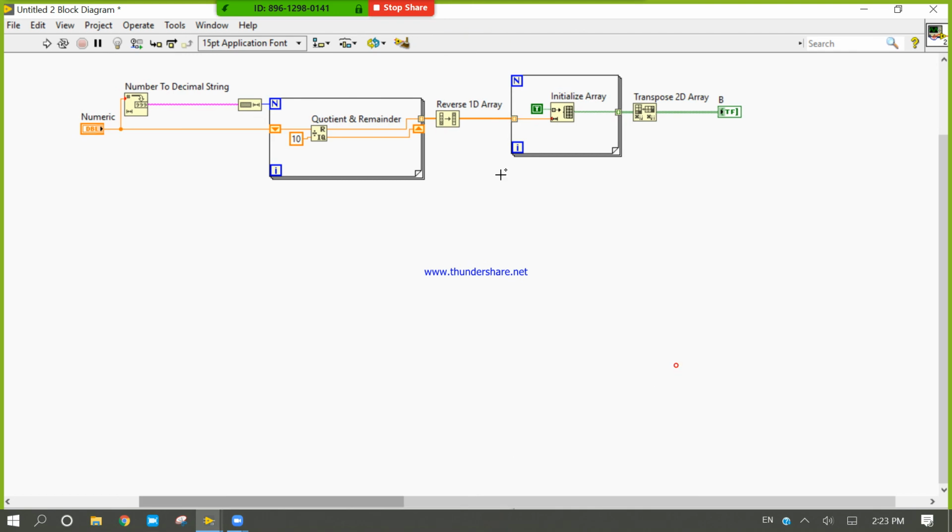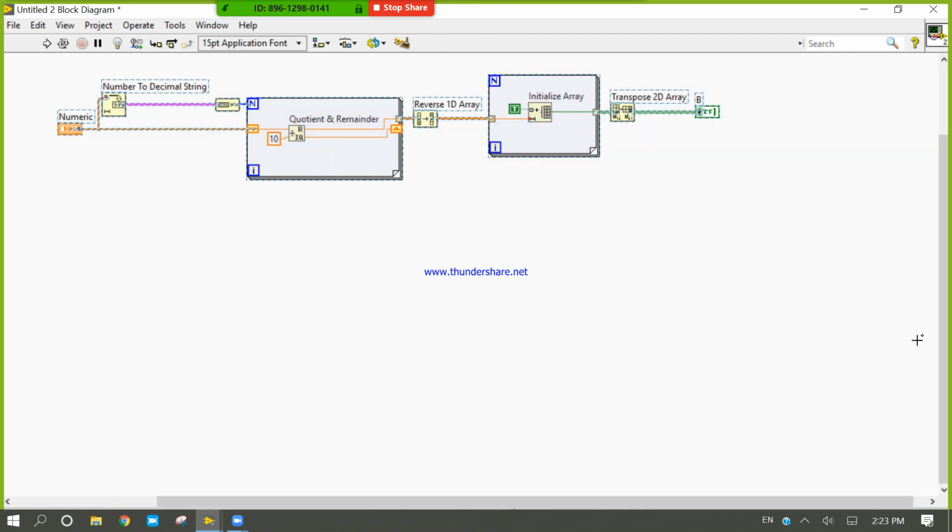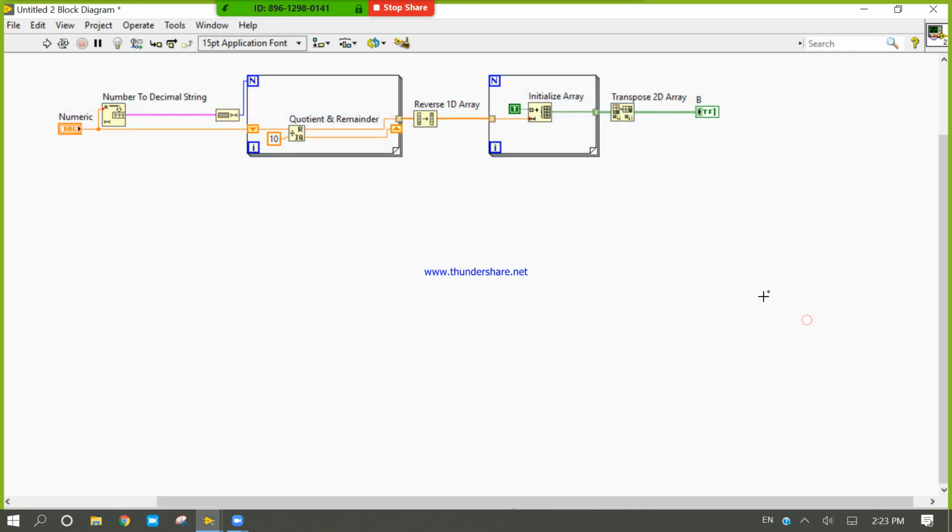Please save this program. After 2 to 3 days we will use this program to create our sub VI, and by using this program we will try to do something different.